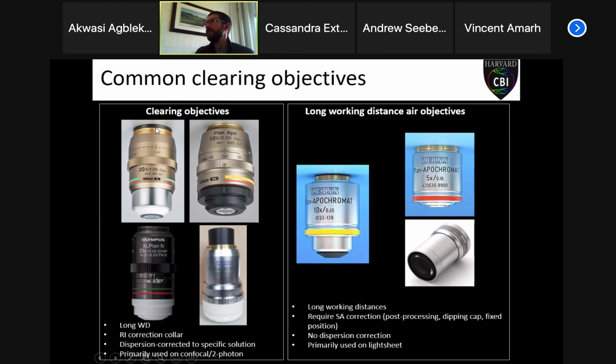So there's some tissue clearing specific objectives that you can see they have these nice correction collars, so you can adjust them to whatever refractive index you have. They have really long working distances. They're really high resolution. They're mostly 0.9 numerical aperture or higher. And these objectives we primarily use on confocal or two-photon microscopes,